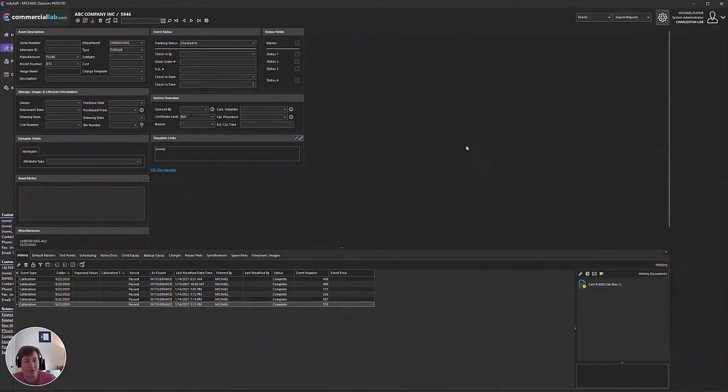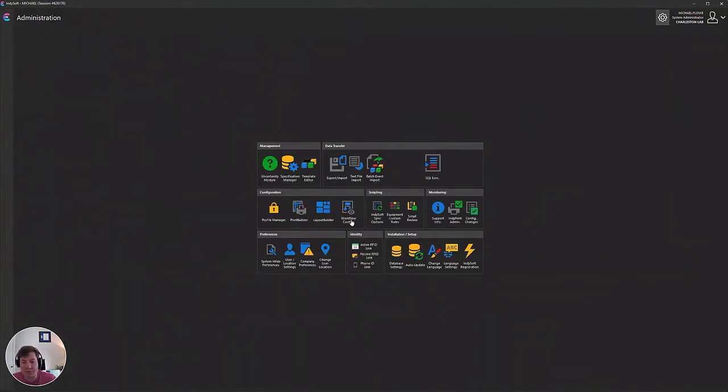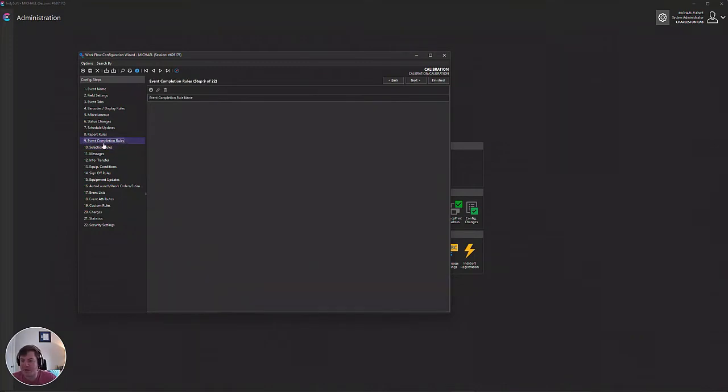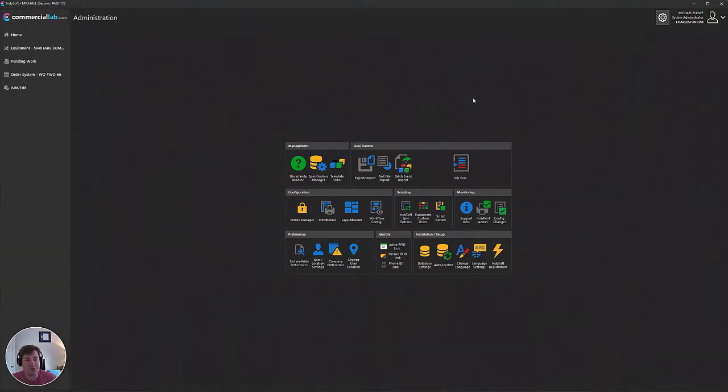So within our workflow configuration, once we open that, for this example I'm going to be using the calibration event. But what we're really going to be talking about are steps 9 and 10 within the workflow configuration. Step 9 is event completion rules. These are rules that need to be in place in order for an event to be completed, versus step 10, which is an event selection rule. This is a check to make sure that information is present before you can actually add the item into whatever